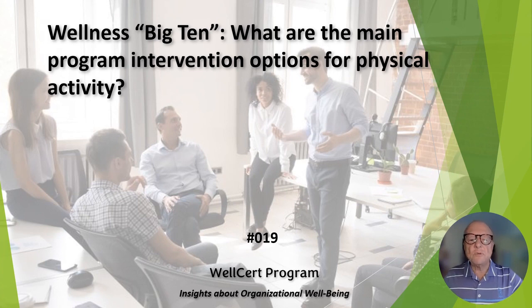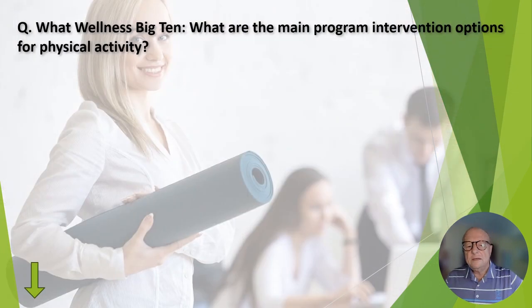Our question for this week is the Wellness Big Ten. What are the main program intervention options for physical activity? Number 19. As we think through what those main program intervention options are for physical activity in virtually any workplace,